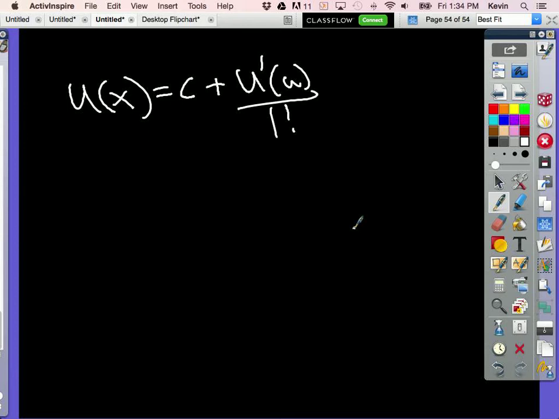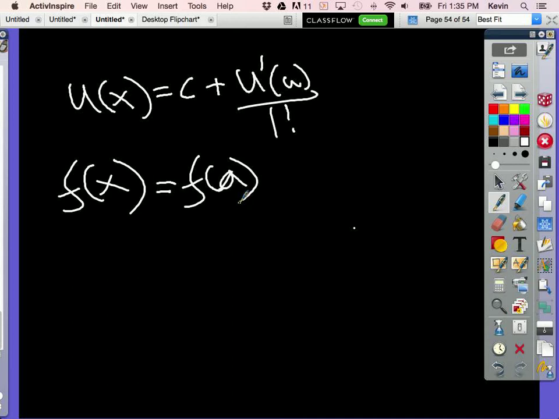If I have a function f of x, and I want to evaluate it in the neighborhood of some point A, then near a point A, and we'll talk about what near means in a second, f of x equals f of A, plus